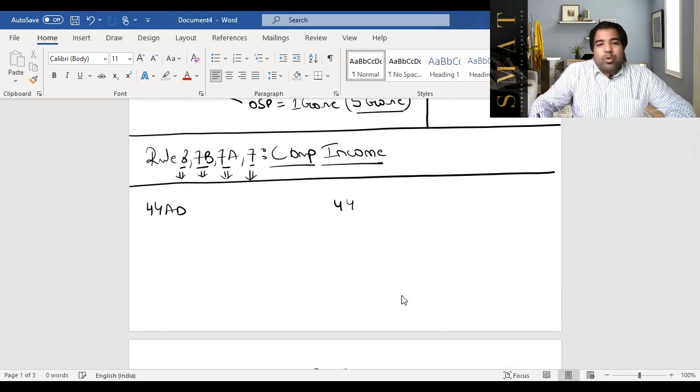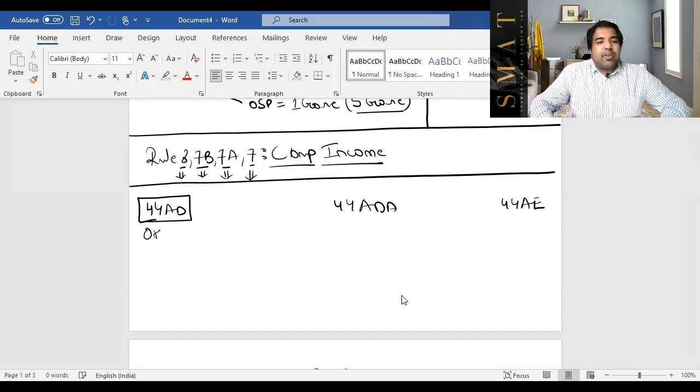44ADA. Let's tackle both of these and then we'll also tackle 44AE. There's a small change. We'll have to understand it from here as well. 44AD is for other than specified professions. So other than specified professions, if you want to go under 44AD, you can, but it's only applicable to residents, and which residents? Resident individuals, partnership firms, and HUFs, not even LLPs, guys. If your turnover is up to 2 crore, then you can take it and be